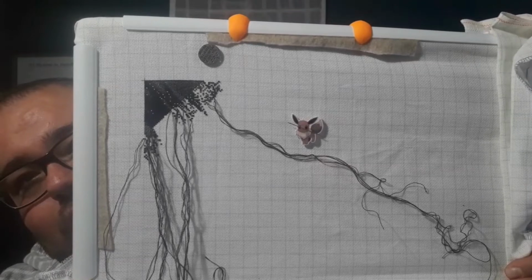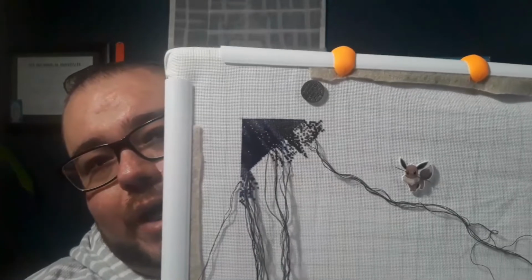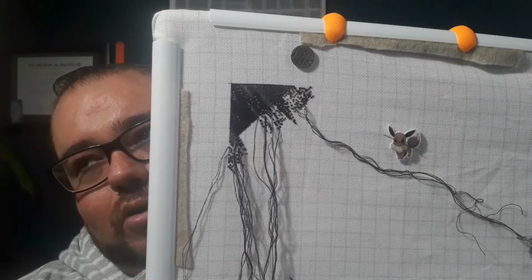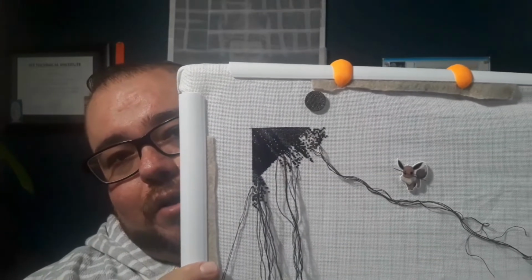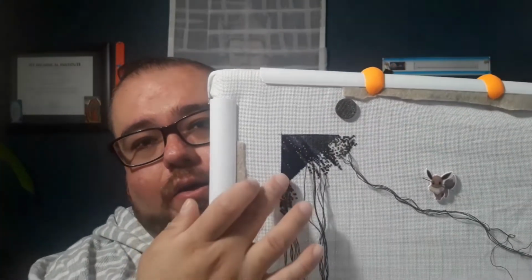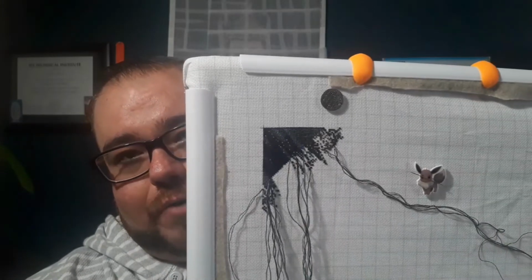And this is a 20 count Aida. I'm sorry, the other one was 20 count Lugana, 1/1. This one is 20 count Aida, 2/1. Why 2/1 instead of 1/1? Well, all the way here on the bottom, I did a test. All the way on the bottom of the fabric, I did a test, and I did 1/1, which I love, 1/1 over one on 20 count, but you would see the fabric behind it, the back of the stitch. You would see the white fabric, and this chart